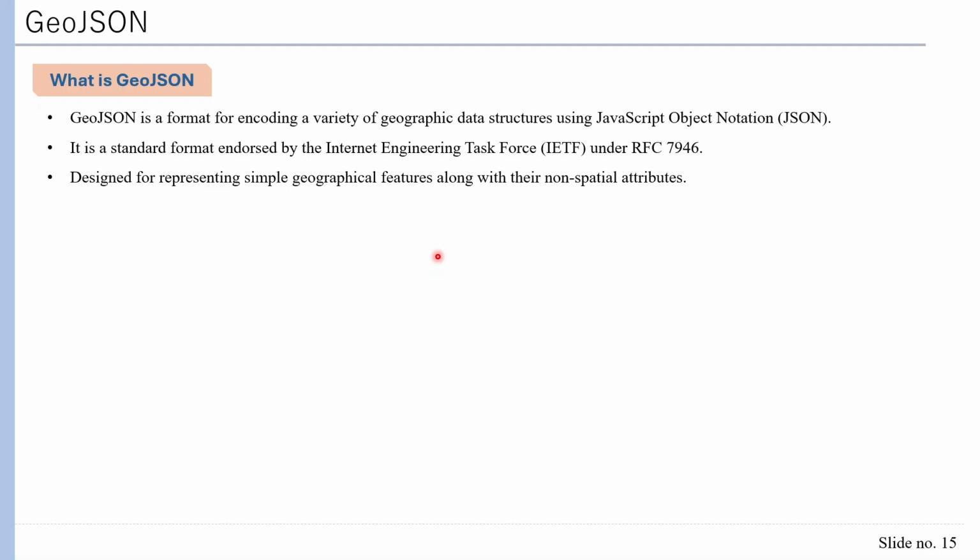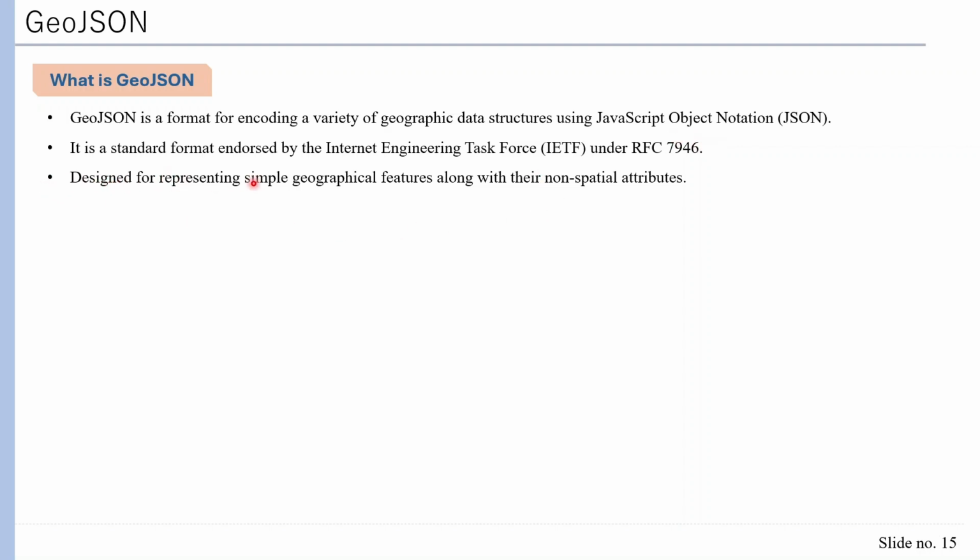So GeoJSON is a format for encoding a variety of geographic data using the JavaScript Object Notation, or JSON. JSON is a text format, and GeoJSON is also a JSON, but it includes the geographic part, meaning it will have the spatial data with the attributes. You will understand it better when you see the structure. And it follows a standard that has been developed by the IETF, or Internet Engineering Task Force, under RFC 7946